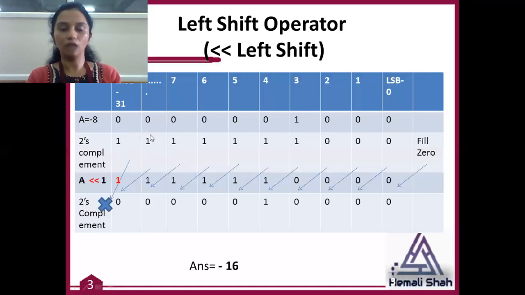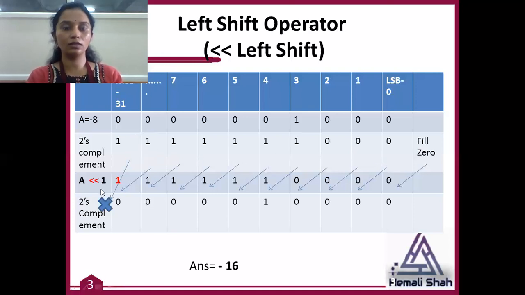Then perform the 2's complement over the actual value. To perform the 2's complement, you have to go from right to left until the first 1 comes, then complement all the remaining bits. For example, 0 0 0 0 0 0, the first 1 is over here, so put this 1 as it is, then complement all the bit values. Here all are zeros, so you have to put 1 instead of 0. The complement of 0 is 1, so you will get the representation of -8 like this, right?